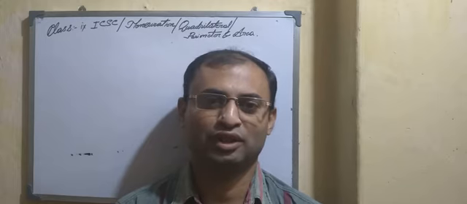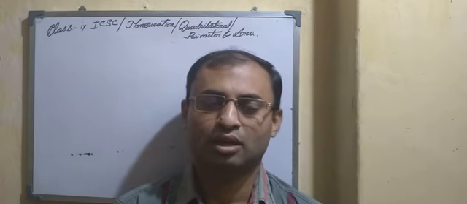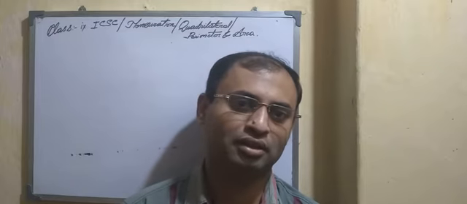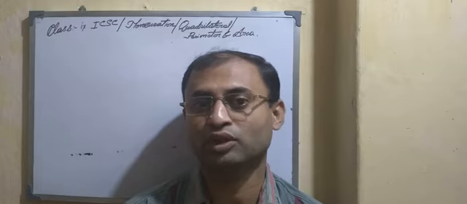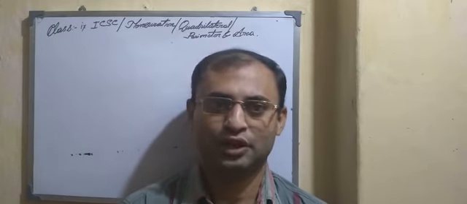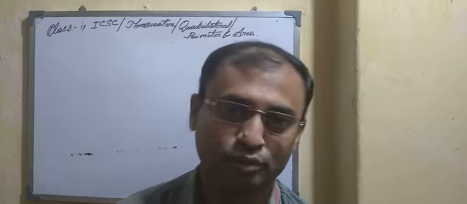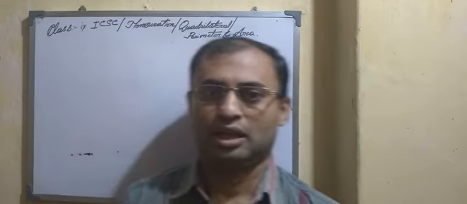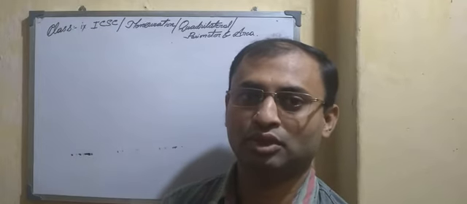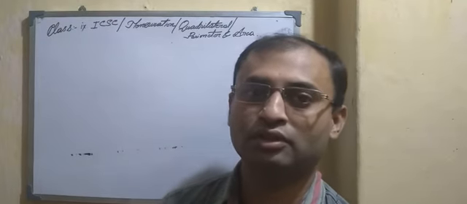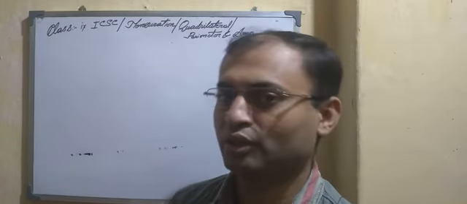Today we are going to learn a new chapter, that is quadrilateral: area and perimeter of a quadrilateral. We know that a quadrilateral is a figure surrounded by four sides, and we know various kinds of quadrilaterals. Now we will learn the area formulas of various kinds of quadrilaterals. Okay, now start.